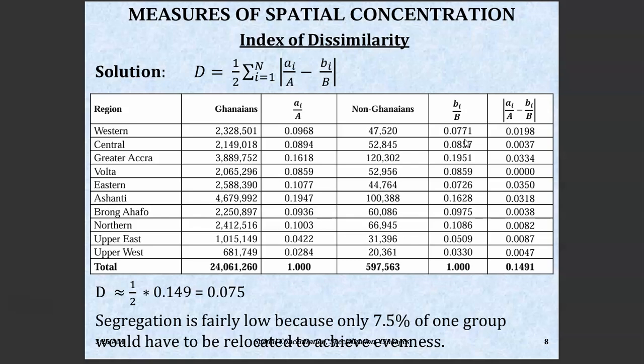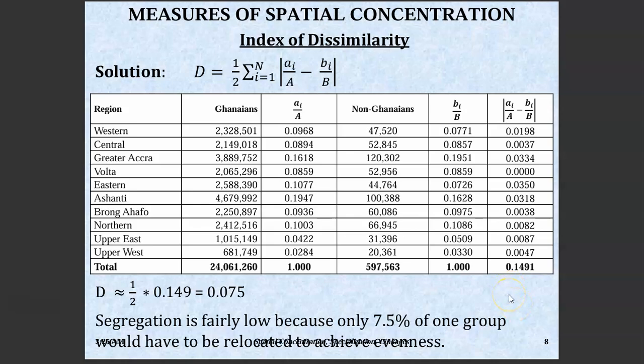When you are done, you take the difference. These two bars we are seeing here mean absolute. So even if we take the difference and we get a negative number, the number will still be positive. Let me give an example. We have 0.1618 here and we have 0.1951 here. If we take this difference, we are going to get a negative, but the value here is still positive. So the absolute here means that regardless of the difference you get or the sign in front of the difference you get, it should still be the positive answer. When you are done, you sum all the values you have here and divide by 2